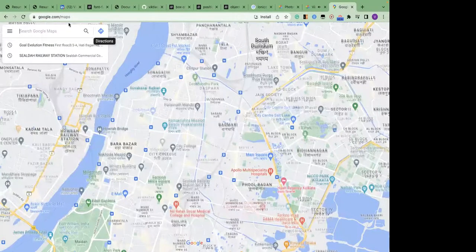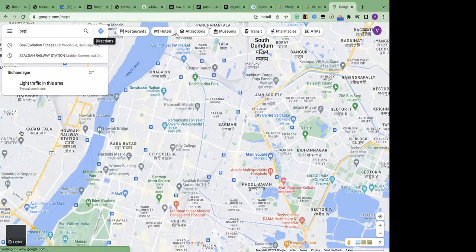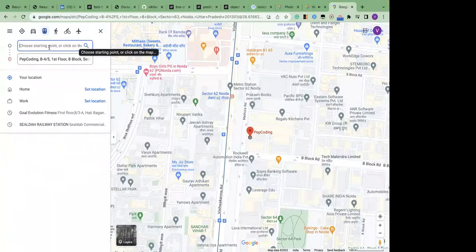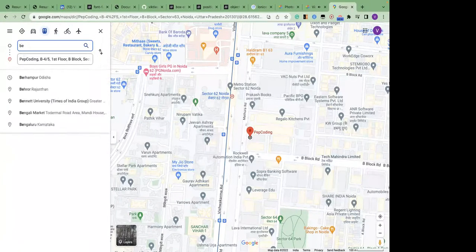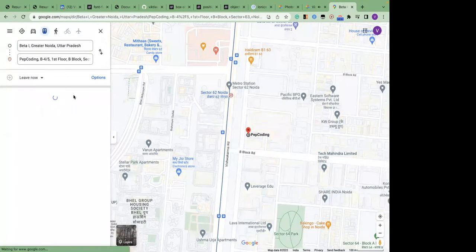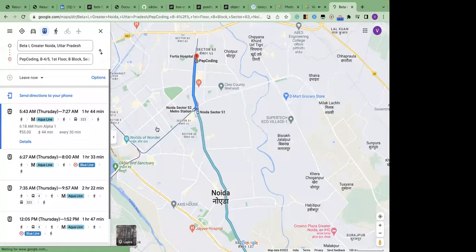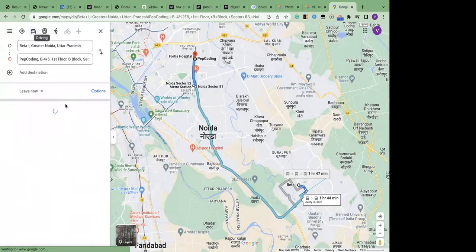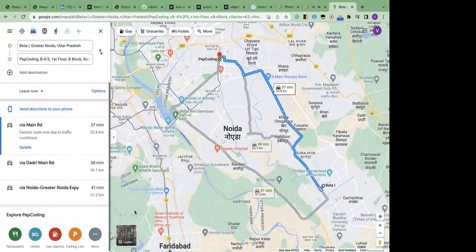पेप कोडिंग, इधर इसका ऑफिस है, ठीक है। और अगर मैं बस डायरेक्शन सर्च करूं, बीटा 1 ग्रेटर नोएडा, ओके, तो बेसिकली अगर मैं कार से भी लेता हूं तो अराउंड 40 किलोमीटर था।